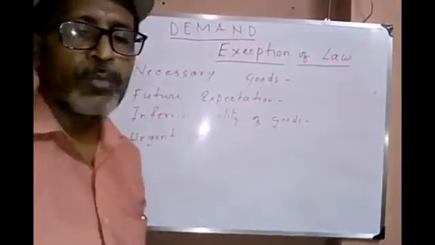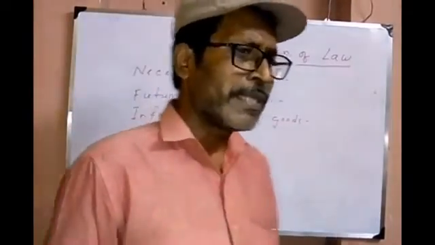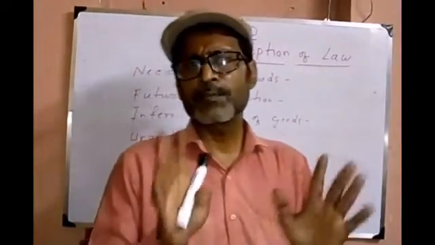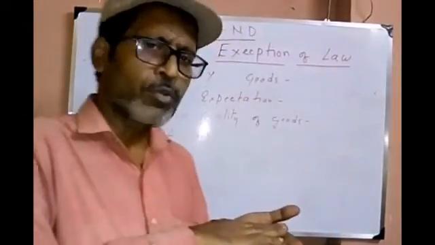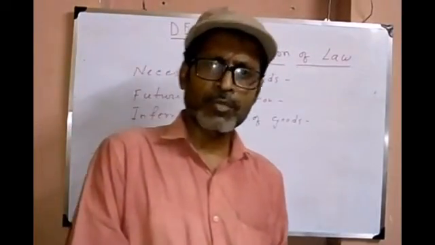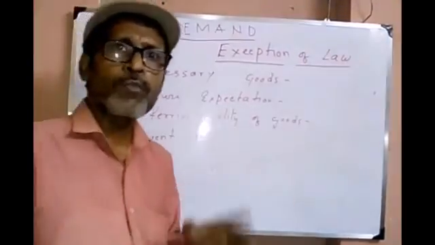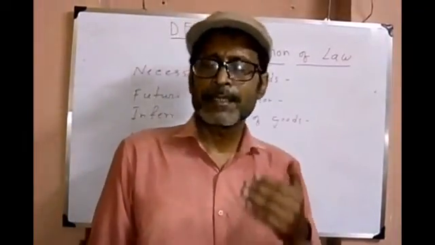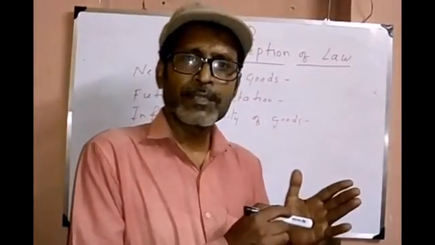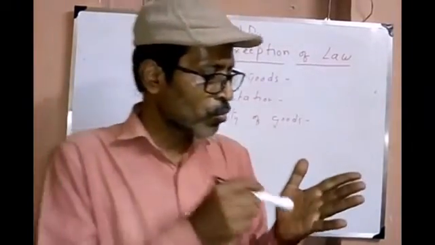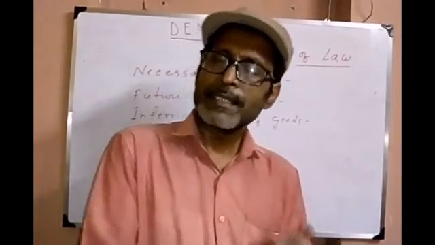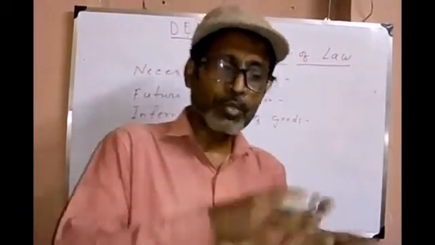Third, inferior quality of goods. Inferior quality of goods means that in each commodity we can see superior quality and inferior quality, such as potatoes in the market. Superior quality potato, inferior quality potato. The poorer section generally purchases inferior quality potato. If the price of potato decreases, the poorer community can purchase the superior quality. So the demand for inferior quality potato decreases. Listen again, if the price of potato decreases,